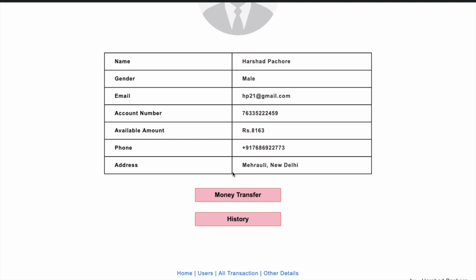We can also find two buttons named money transfer and history at the bottom of the view details page of our desired user, which allow us to make a transaction to any user present in the system and view his transaction history respectively, like